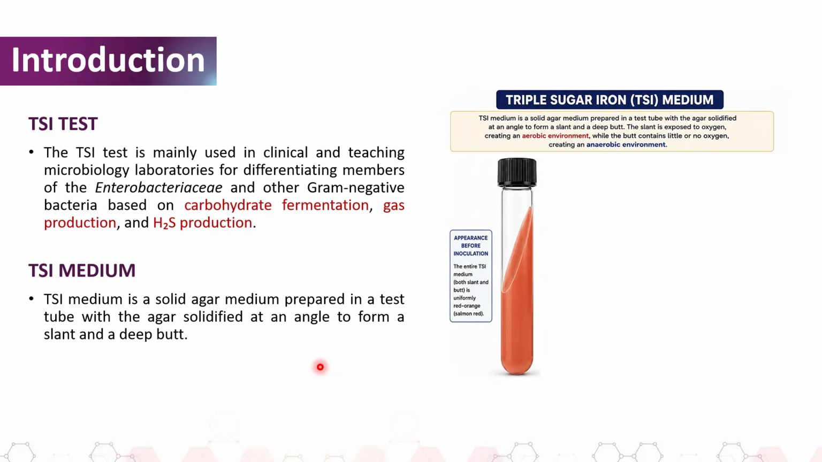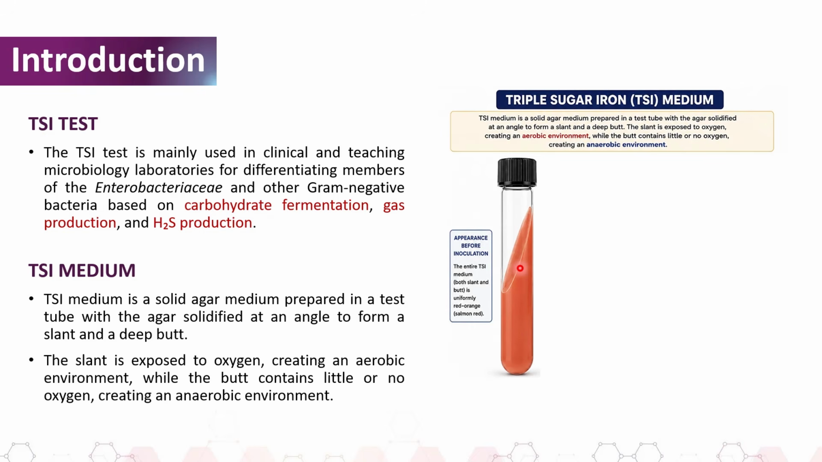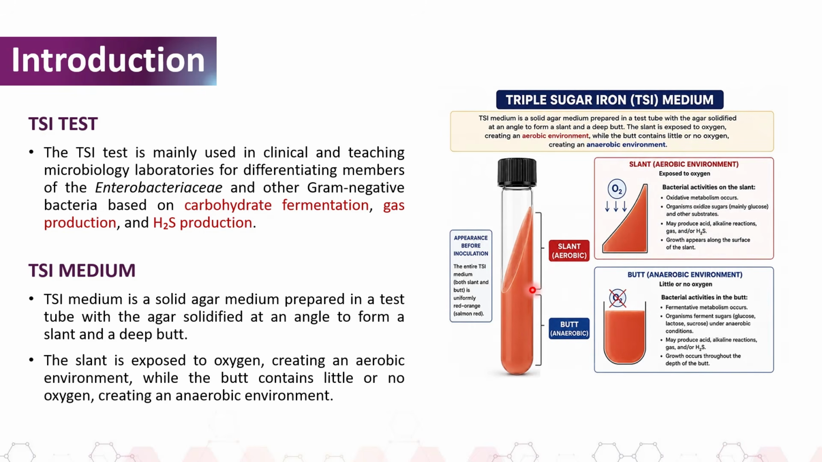TSI medium. The TSI medium is a solid agar medium, as shown here, prepared in a test tube with the agar solidified at an angle to form a slant and a deep butt. So this is the slant of the agar medium and this is the butt of it. The slant is exposed to oxygen, creating an aerobic environment, whilst the butt contains little or no oxygen to create an anaerobic environment. So let's see what goes on in the slant and in the butt in terms of bacteria